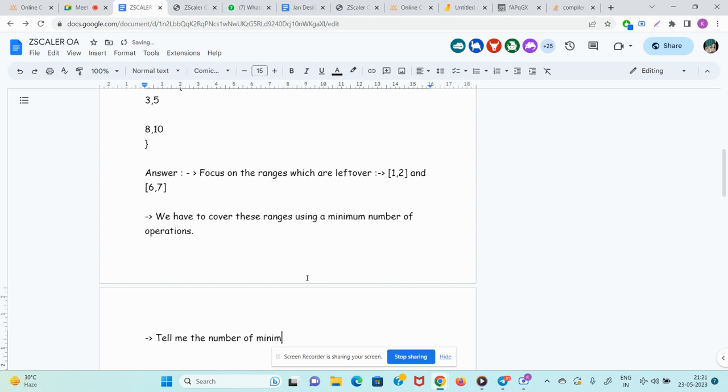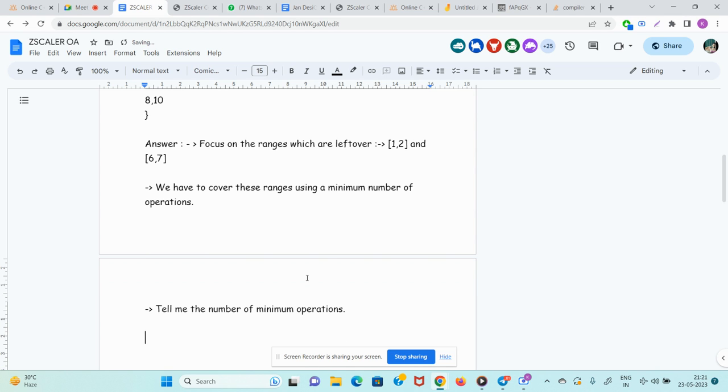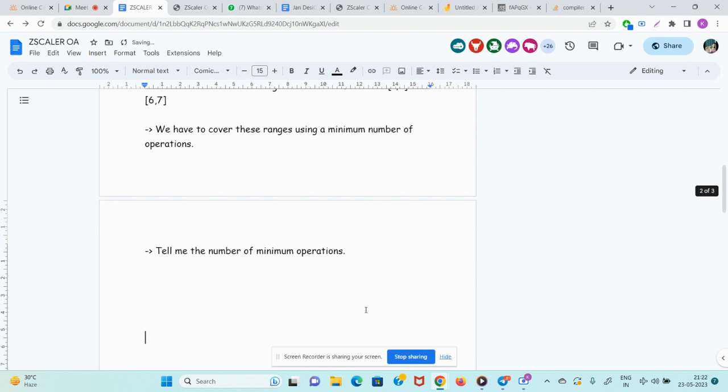I will tell you what we have to do in one operation. So guys, we have to cover these ranges which are left over, like 1 to 2 and 6 to 7. We need to cover this using the minimum number of operations. So tell me the minimum number of operations. But what is an operation? In one operation,